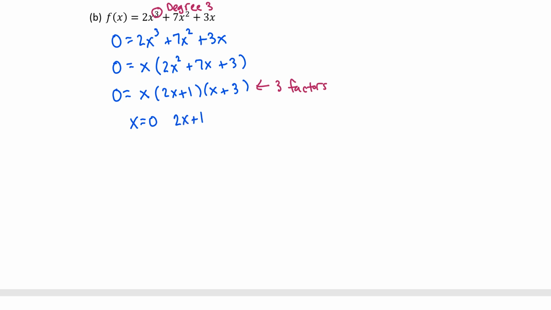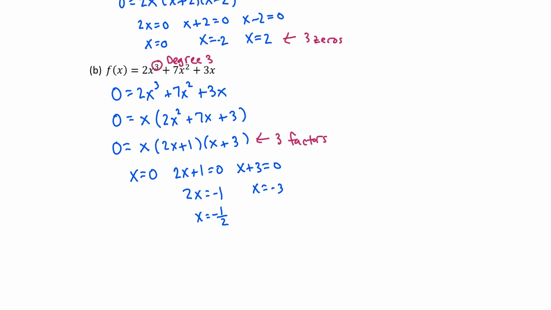Now, that one gave me an automatic solution. Not going to have to do anything further to that one. So one of our zeros is 0. Now, solving for x in the other 2 cases, we end up with negative 1/2 and negative 3. So this degree 3 polynomial